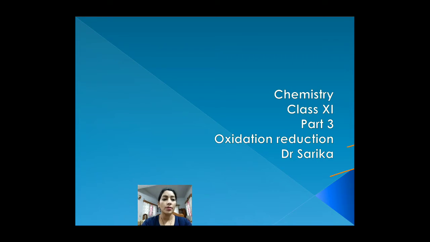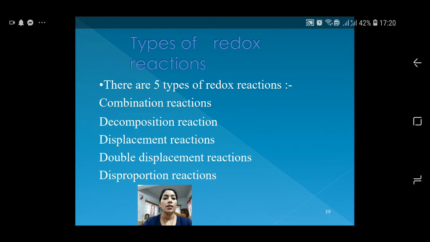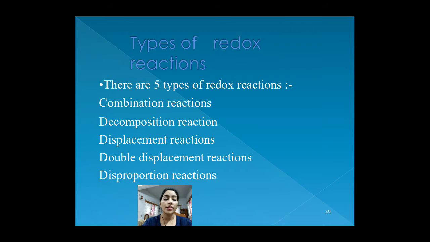We have different types of reactions which you have gone through in class 10, like there are five types of reactions. One is a combination reaction. Combination means when two things join together and make a new thing, that is called a combination reaction. Like when hydrogen and oxygen join together making water is a combination reaction. Second is a decomposition reaction. Decomposition means whenever a big molecule breaks into smaller molecules, it is called a decomposition reaction.